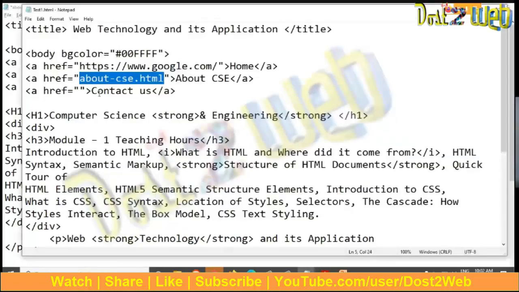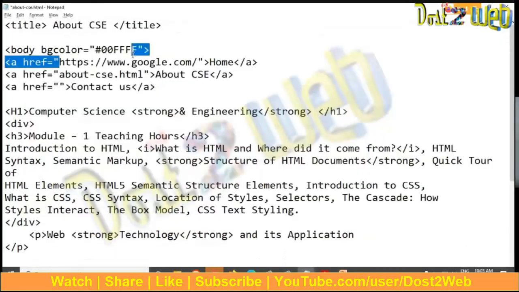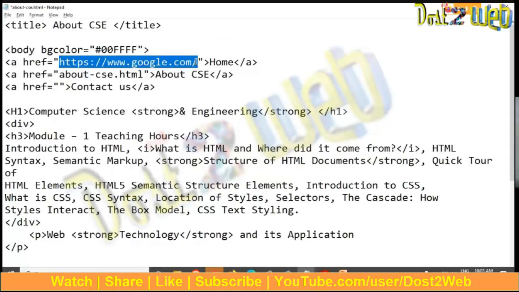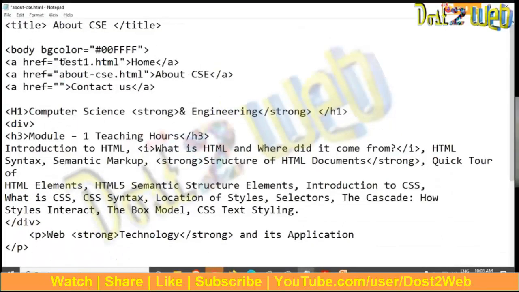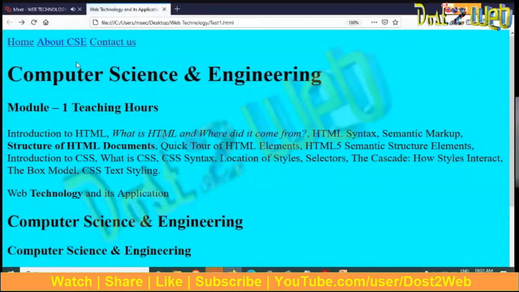So what name have we given? This is test1.html. If anyone clicks on about us and wants to come to the home page, then it should be test1.html. You can see here the file name is test1. Now save it. Now refresh the page again.